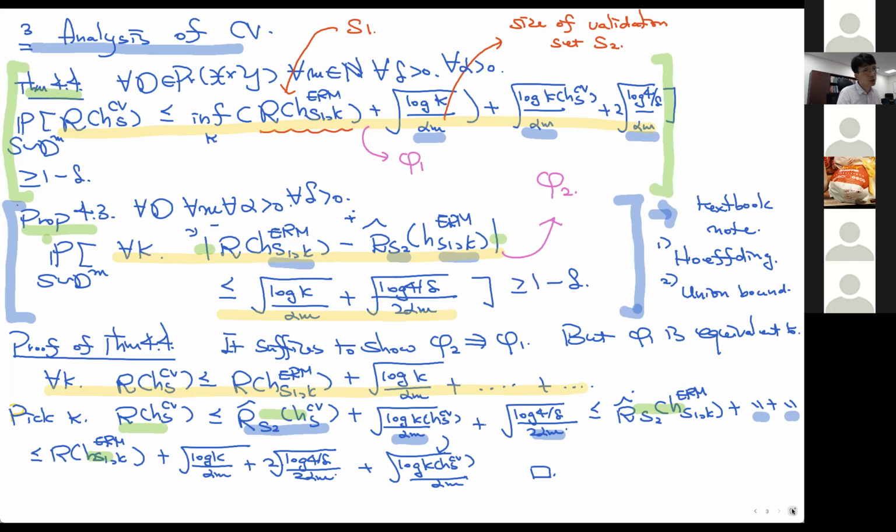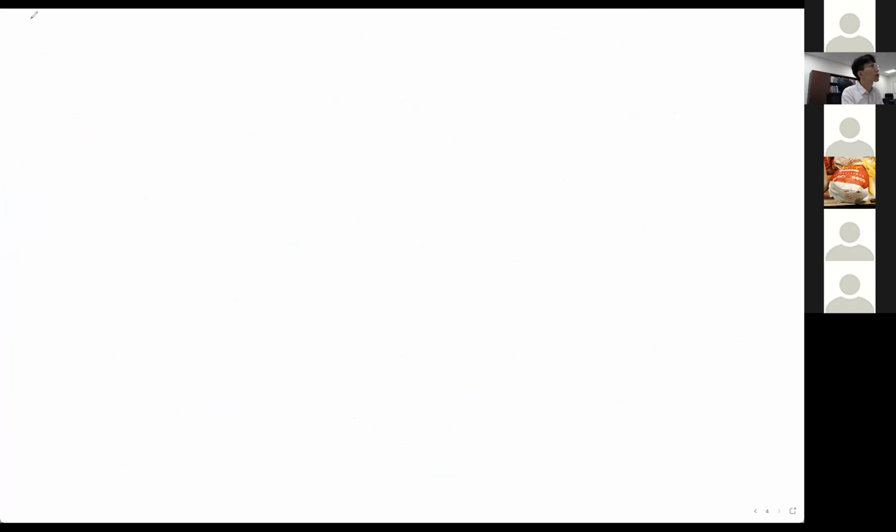And now let's move to the algorithmic discussion of the n-fold cross-validation algorithm. So the idea of n-fold cross-validation is a bit similar to cross-validation, at least the one that's described in the textbook is a bit similar to the cross-validation, but there is a key difference